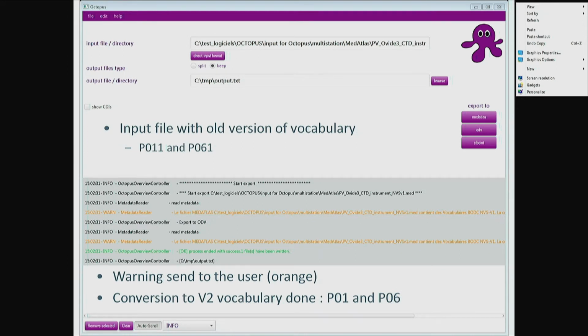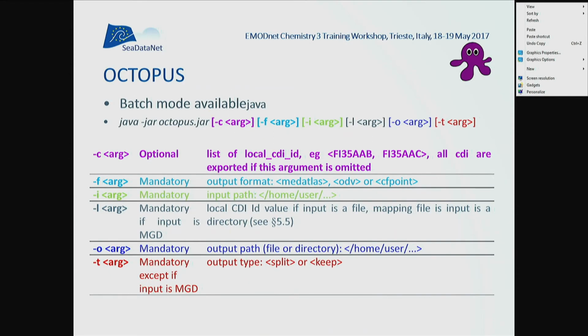Also, if you use P011 instead of P01 or P061 instead of P06, you can change it at once using Octopus. A warning is sent to the user, but the conversion to V2 vocabulary is done automatically with Octopus.